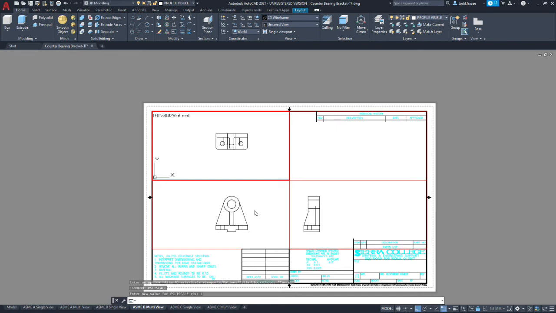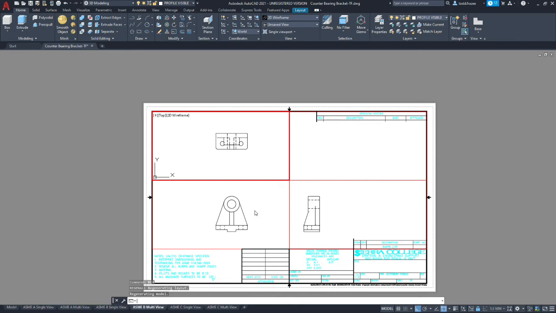Okay, the next thing is we're going to type in LTS, which sets the line type scale, and we're going to put in 0.5. And you should see some of your lines go from solid to hidden line format. And it should be only where they are obscured in that particular view. So we should see our holes and the bore and whatever would be a hidden line. If you don't see that, type REA, which is a regenerate all, and it refreshes the view.